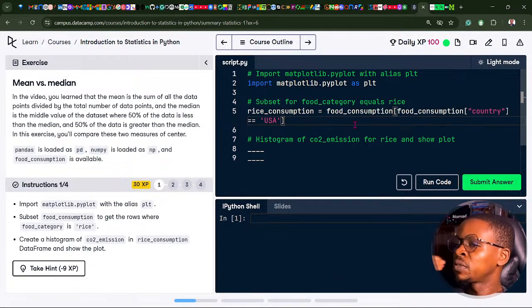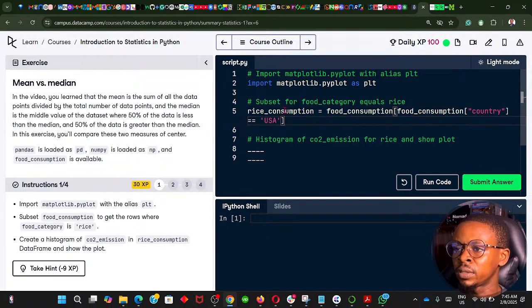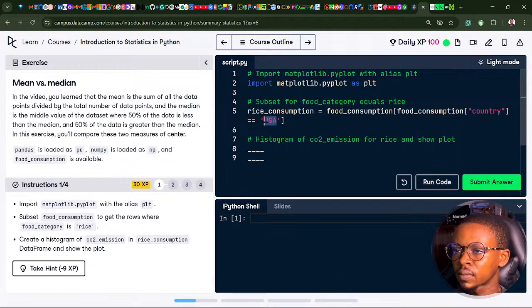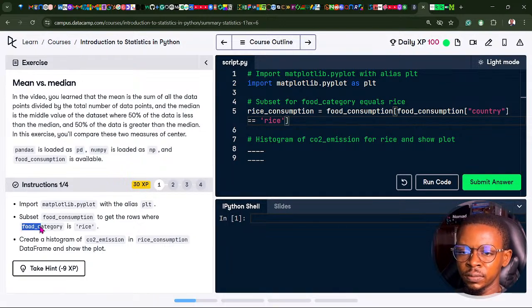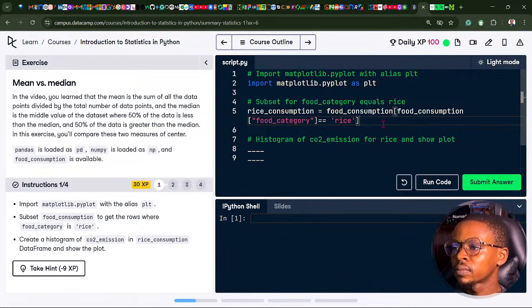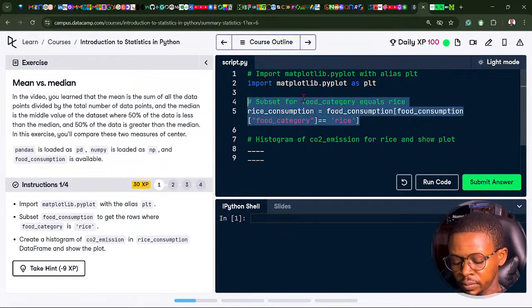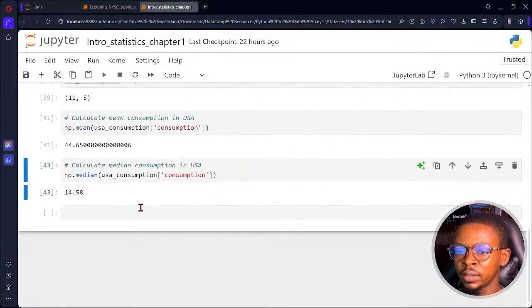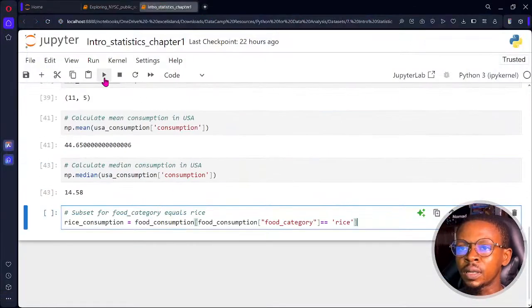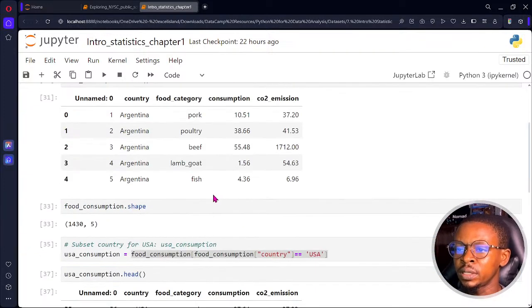So food consumption, then food category equals rice. So we want to look at food category where the food category is equal to rice. Let's visualize food category equals to rice and see. So that means we'll be seeing rows